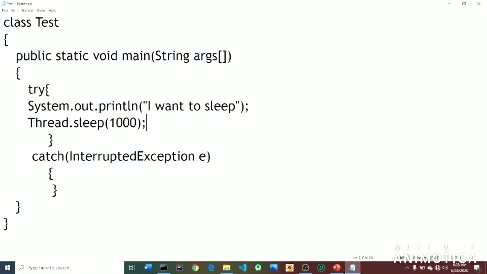It is possible that another thread may interrupt this thread during its sleep, so the InterruptedException may arise. If any thread interrupts its sleep, it is caught by the catch block, which is of type InterruptedException, and an object is created. So the problem is solved now.